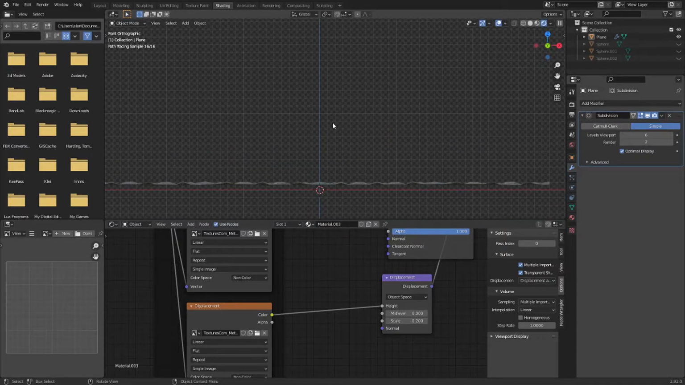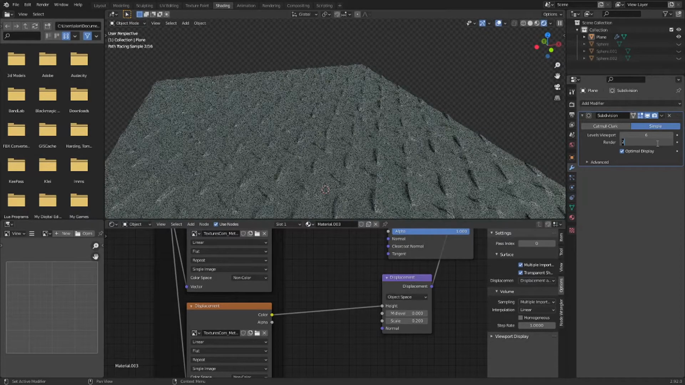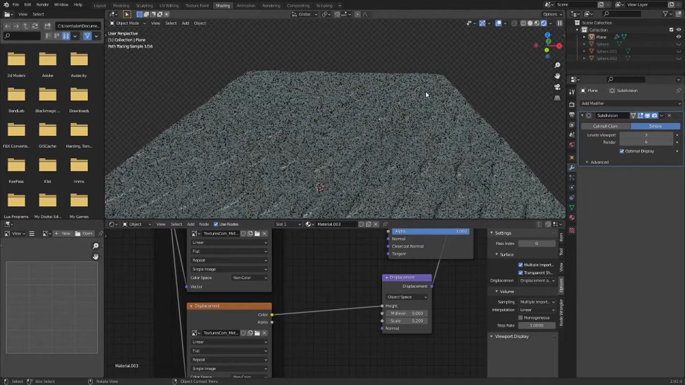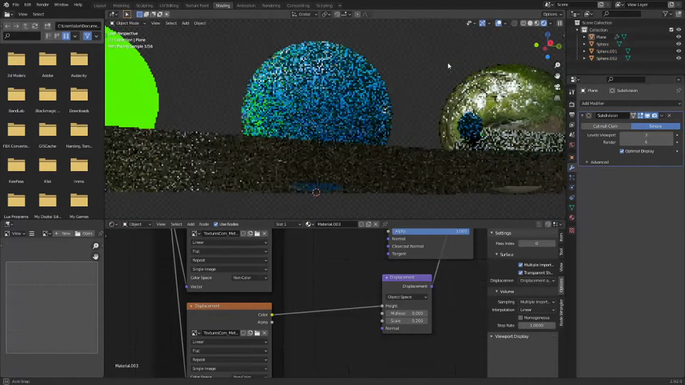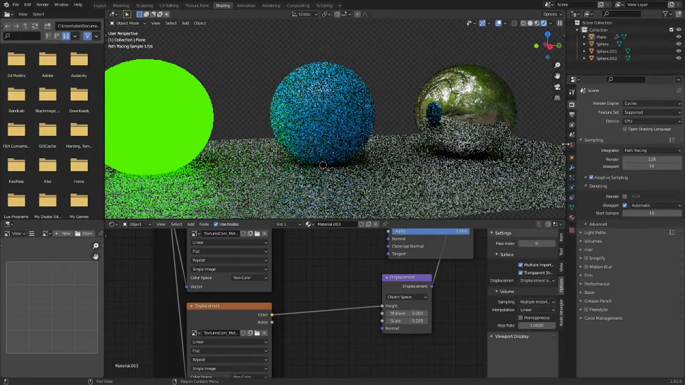Oh, here's the perfect way to see it from the side. So that's just kind of a random thing you can do. It's kind of interesting. Let's turn this up to 6 and this down to like 3. Okay, I'm going to unhide everything. So let's talk about